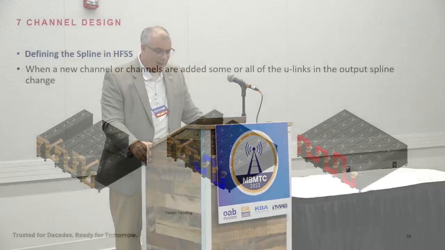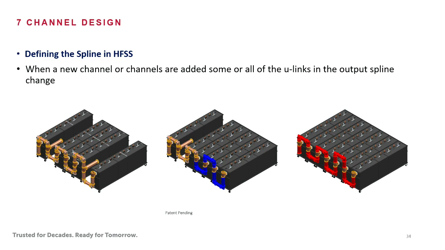And the result is, well, you've got a spline that's now been defined. So you can start out with 5 of the 7, and then you can add 1 more to go to 6 of the 7 filled, and you change the blue links there. And then when you go to all 7 there, you change the links to the red ones, and some of those may be the same. You just move it from here to there, right? And you don't have to start from scratch every time, right?